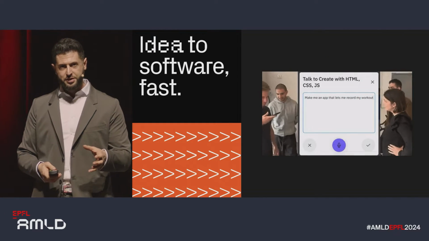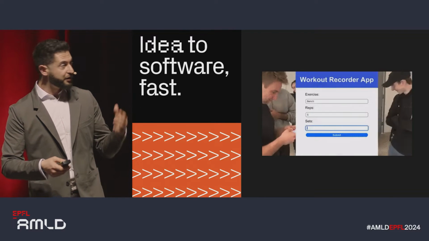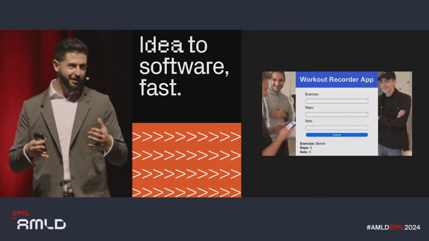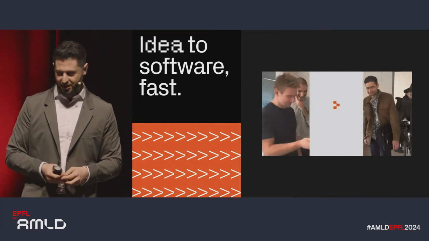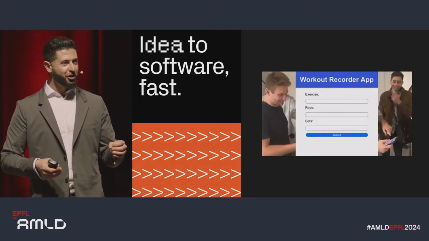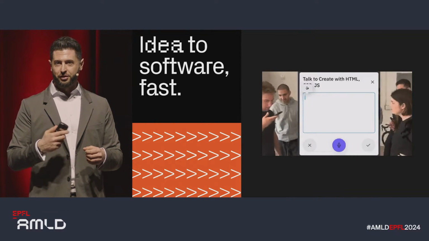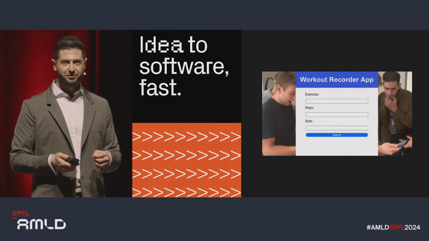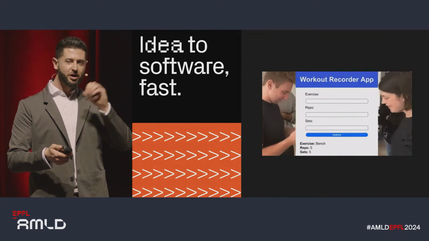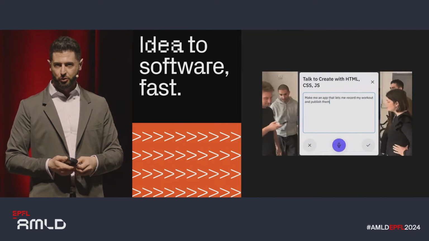Now, our company mission is to add software fast. And the example you see here is probably the most important demo that we built last year. I like to call it our quintessential example. What's going on is we have one of our software engineers literally speaking software into existence. So they're using the mobile app from Replit. They are speaking a prompt. So we have a speech-to-text engine going on. We translate it into a prompt.